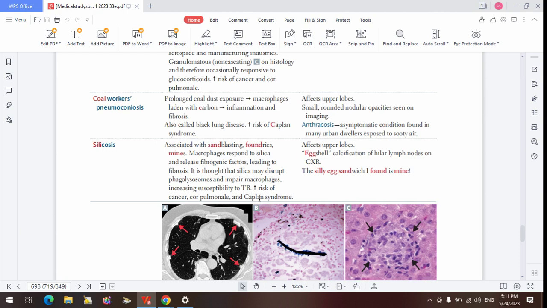So if someone has silicosis today, one of those things that you want to rule out is tuberculosis in the person because of this disrupted phagolysosome action. Your macrophages are very, very important to take care of tuberculosis. Just like this dust, once someone inhales tuberculosis antigen, your macrophages are the first cell that is going to respond to it. They engulf it.